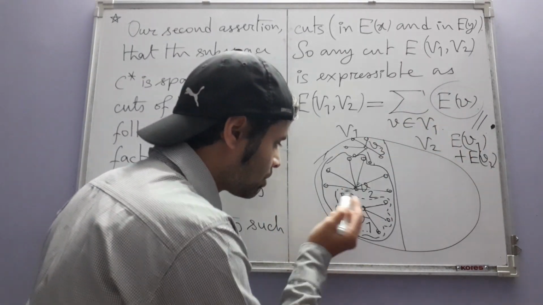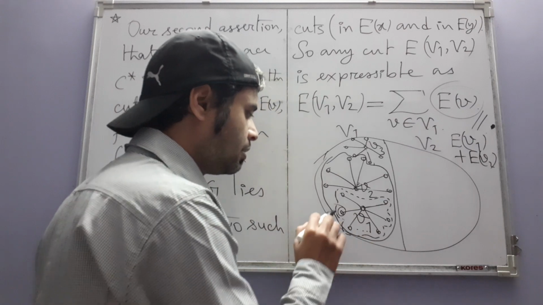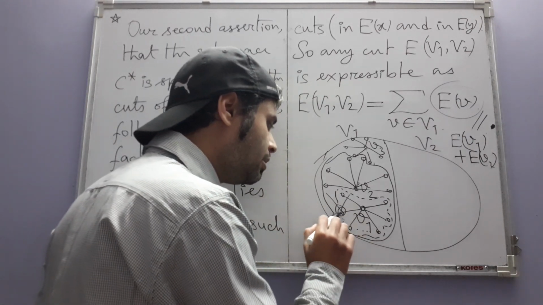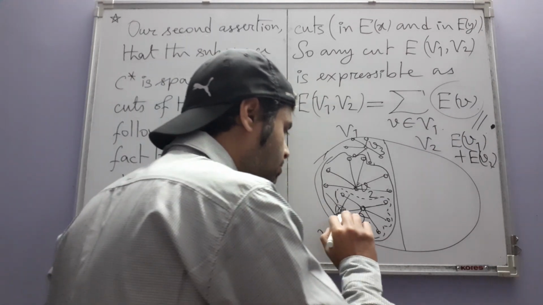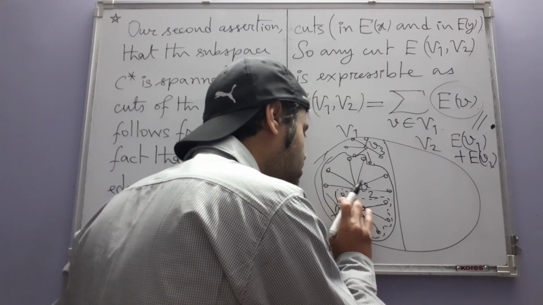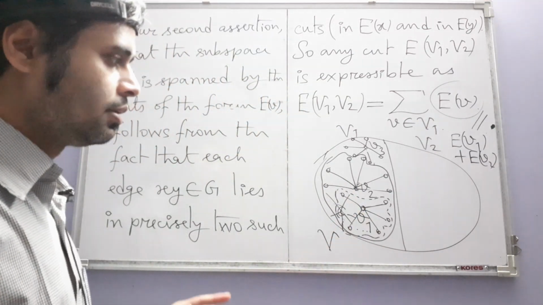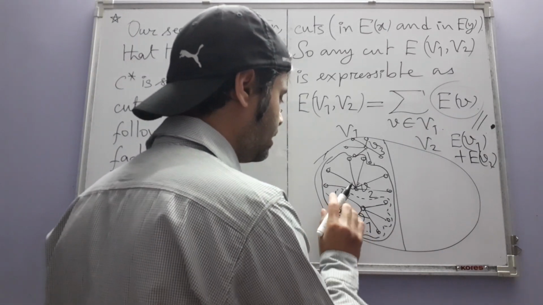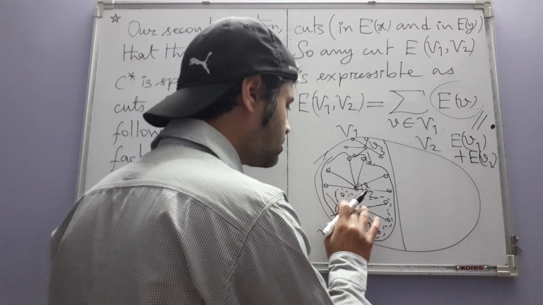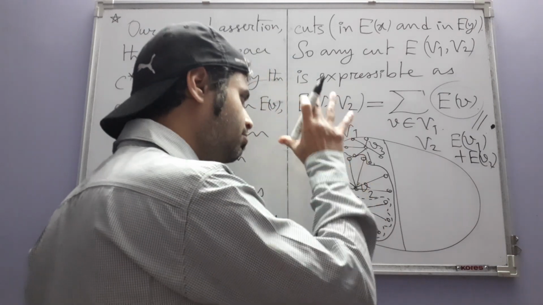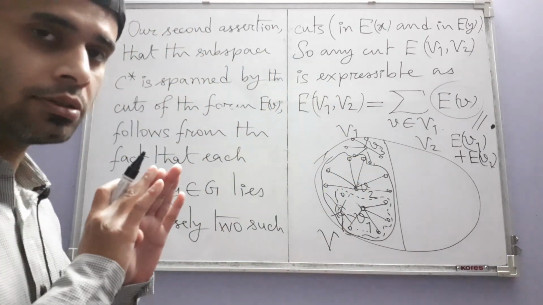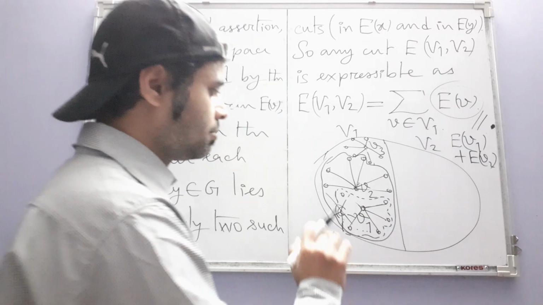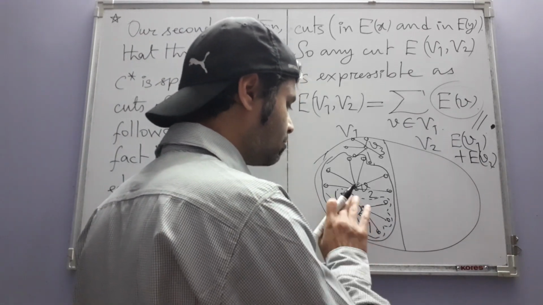So when you, for example, consider this vertex, then it has its own E of V, and so this edge is going to be removed. This way you can clearly see that any edge, both of whose ends lie in V1 itself, is going to be removed. But what I have done wrong is